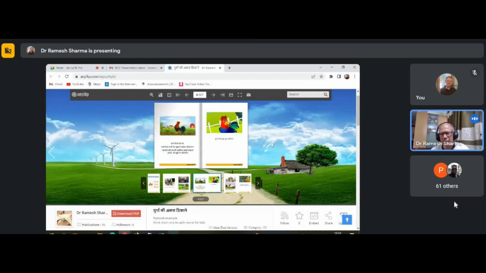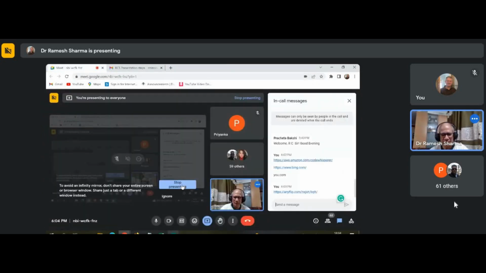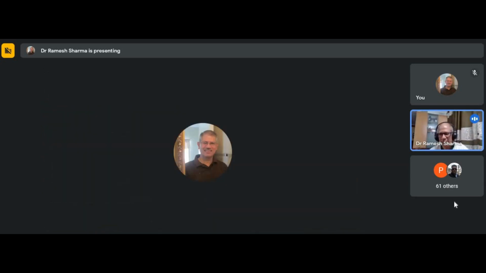The idea is that it gives a good visual representation. It reduces the size of the file as well, and then you will be able to embed it in your blog, in your learning management system, or wherever. You can share it with your audience by clicking on the share button as well. So let us try to work on it. I'm closing my screen sharing, and